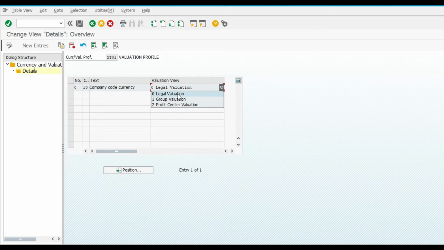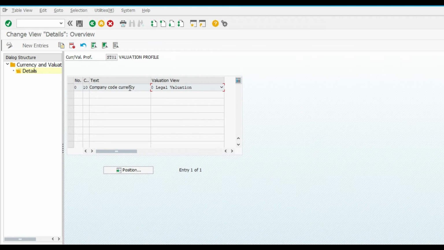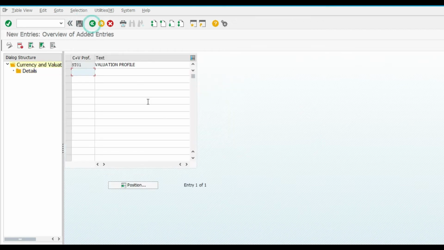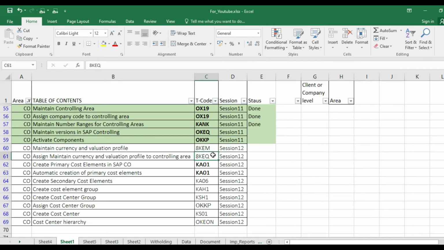Suppose I want to maintain controlling valuation at legal valuation, second is group valuation, then profit center valuation. At a time, we can assign only 2. We can assign 3 also, but the system maintains 2 currencies for INR only. So we are selecting only legal valuation, then save, back. Now this is done, this is done, this is done, this is done.